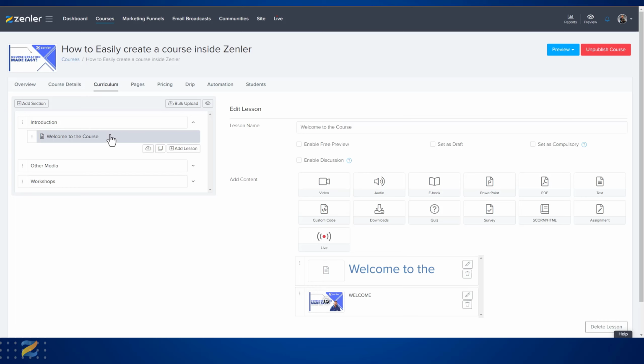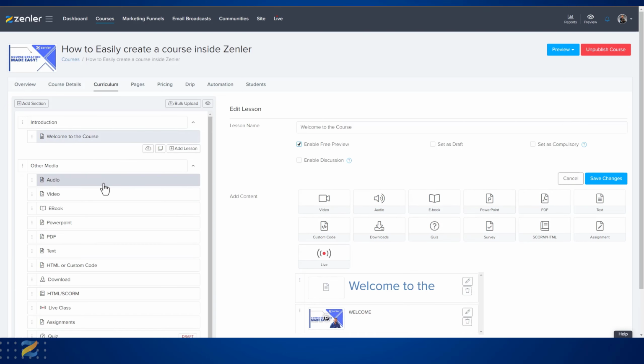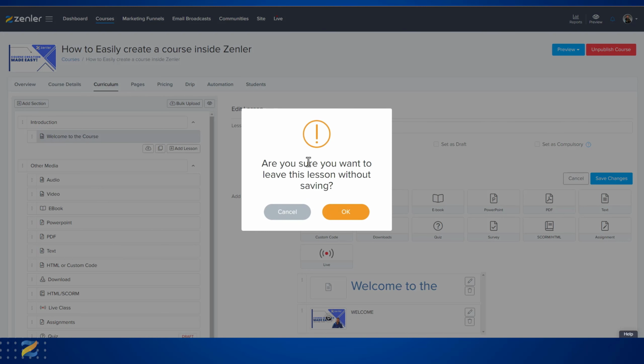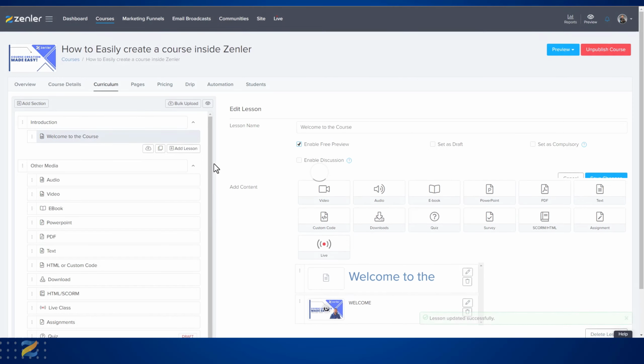Generally, a free preview is for your potential buyers to see a little bit of the course before they buy it. So in this case, I'm just going to click Enable Free Preview, and you'll also notice that you have this option with all of the different lesson types. And we just cancel that because we need to make sure we save those changes before we jump to the